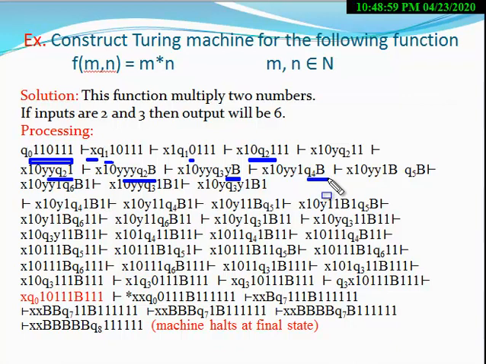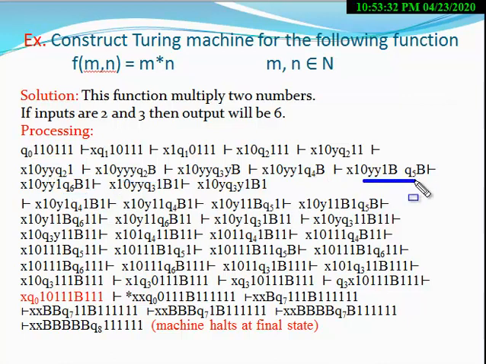Machine move in the right direction. Now the state is also changed Q4. At the state Q4, machine again move to the right direction and also change its state from Q4 to Q5. So at the Q5 state, as soon as blank symbol appear, machine remove blank symbol by 1, right, and goes to state Q6. At the state Q6 also machine remove blank symbol by 1 and also move in the right direction.